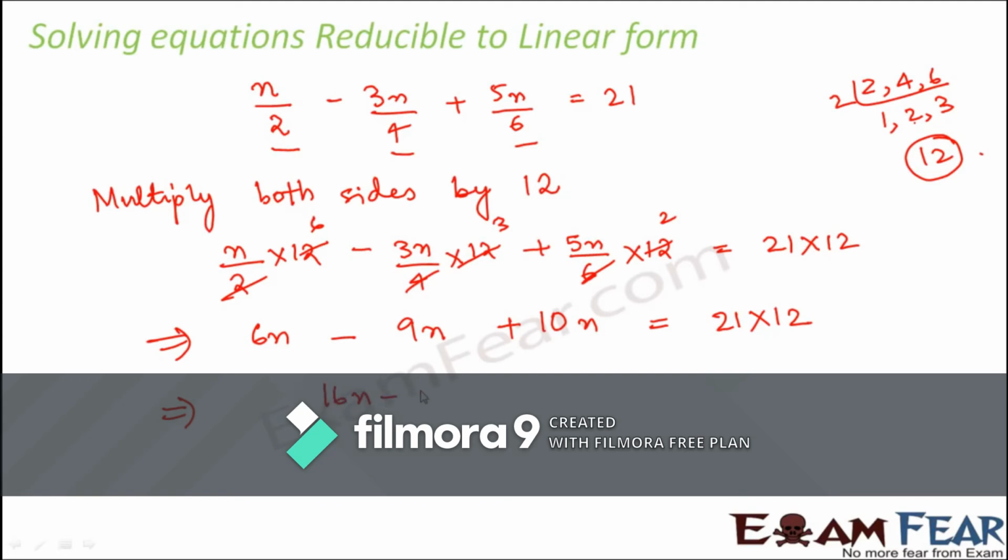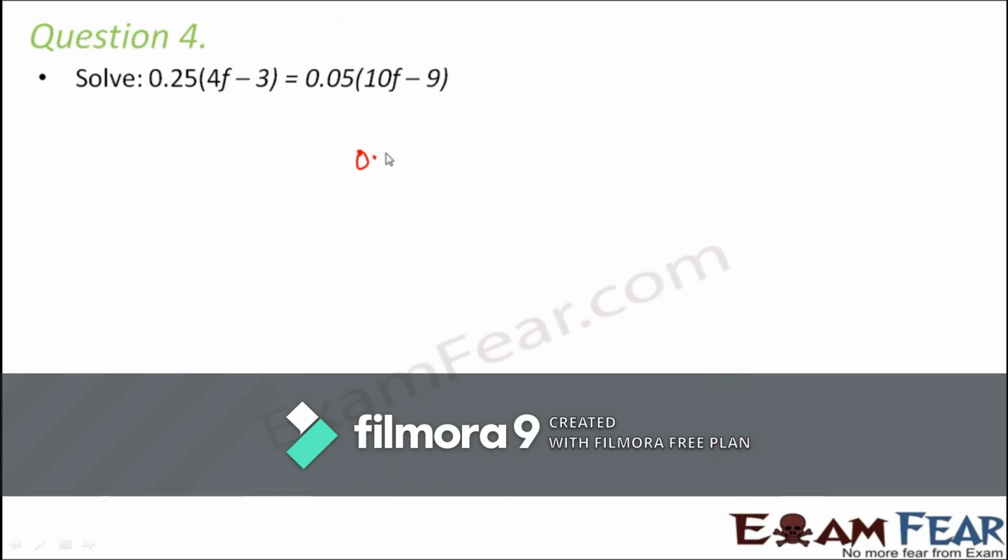So now this side we solve, it becomes 16n minus 9n is equal to 21 into 12 or this becomes 7n is equal to 21 into 12, or n is equal to 21 into 12 divided by 7. So 7 3s are 21. So this would be 12 into 3, that is 36. So x is equal to 36 would be a solution for this equation. So you see, solving them is pretty easy. You just need to understand which concept or which process you need to apply.